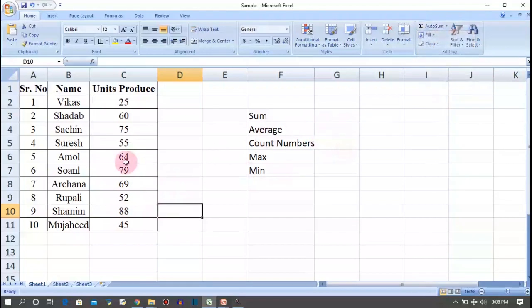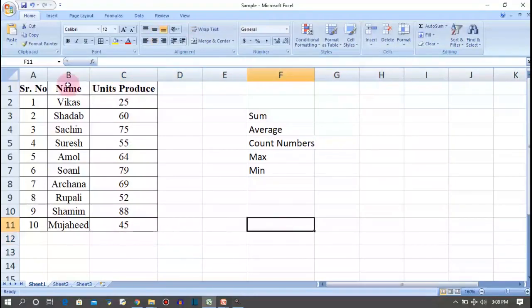Now if I want to calculate these 10 numbers, then I would need to do it on a calculator. But Excel provides you the facility to do it in a single click. Just put your pointer over this cell. Now there is again one question in your mind: what is a cell?